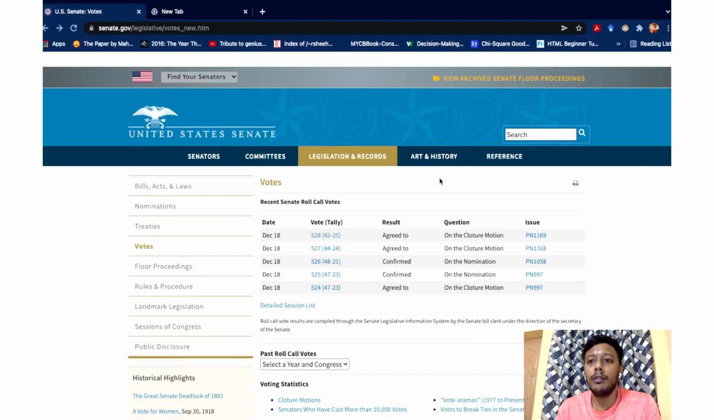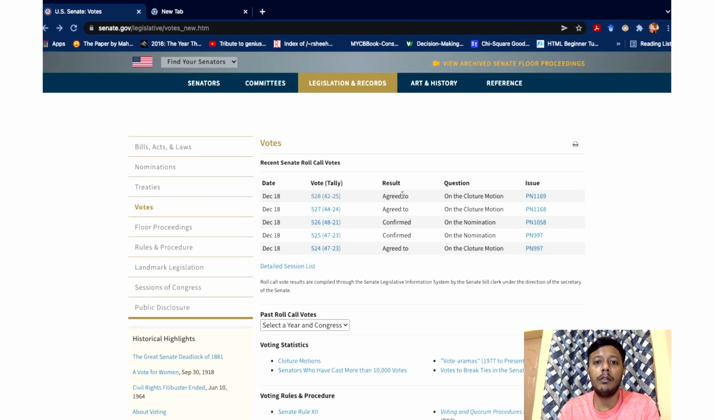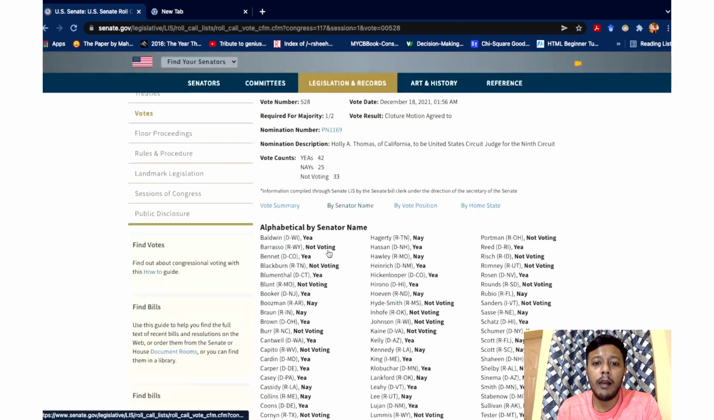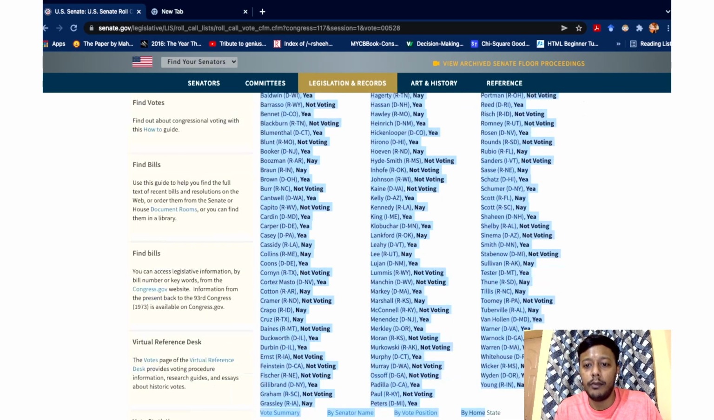So I have gone to a website. This is a US Senate website where we have the votes of the Senate sessions. Let me go to one of those. Here we have the list of votes. We have the senator and the vote, whether it was yea or nay, or whether the senator did not cast a vote, and the party. The party is Democratic or Republican, and then we have the state as well, Wisconsin and so on. What I'm going to do is copy this entire thing